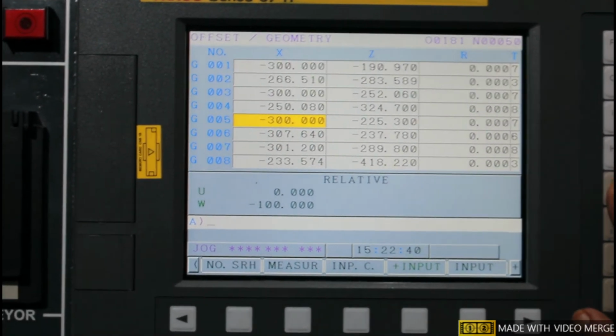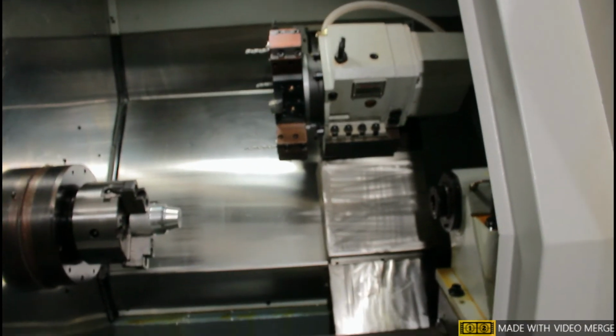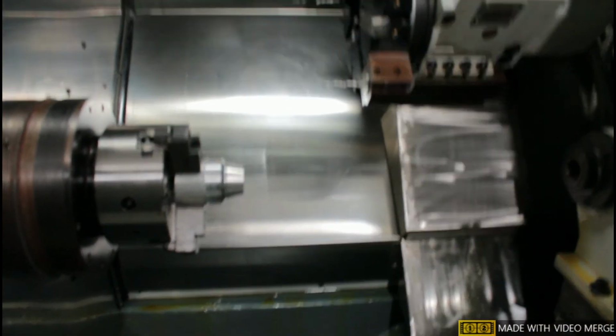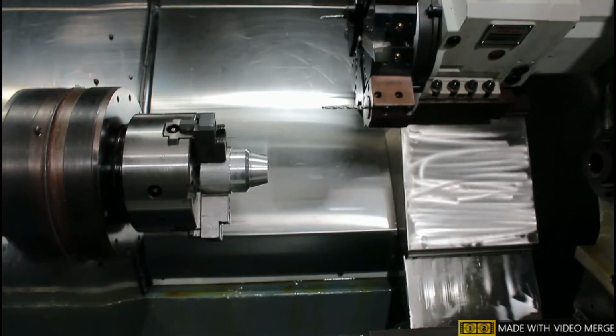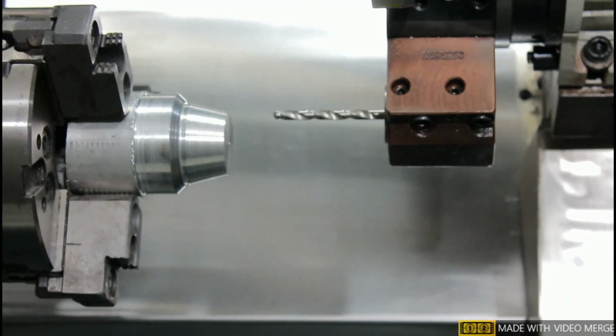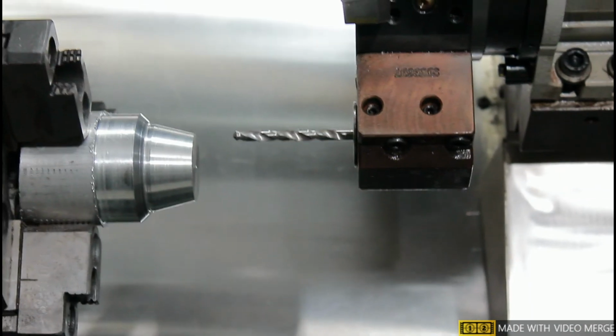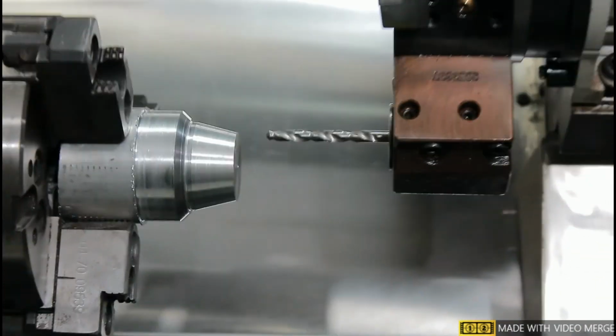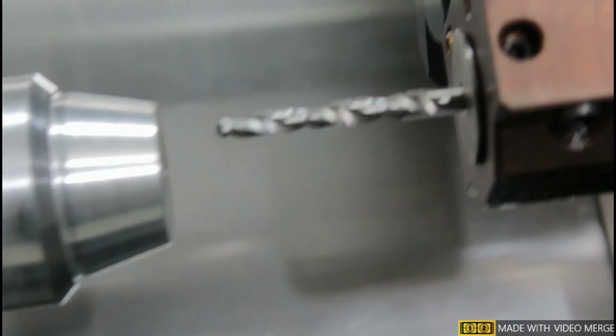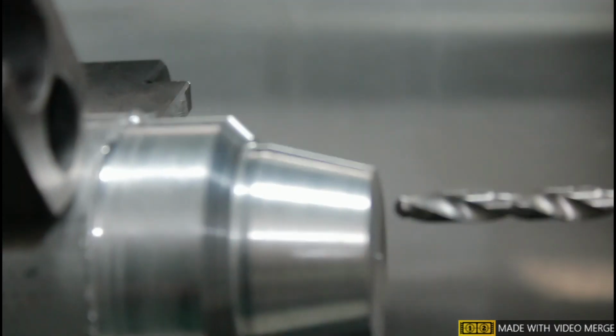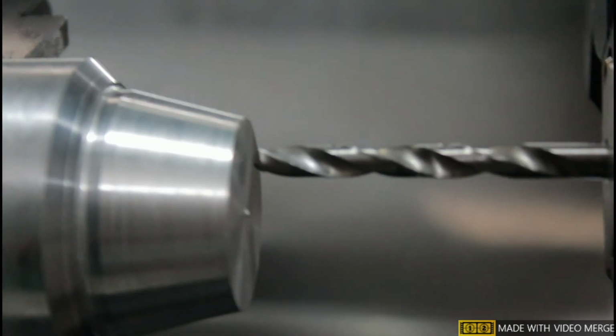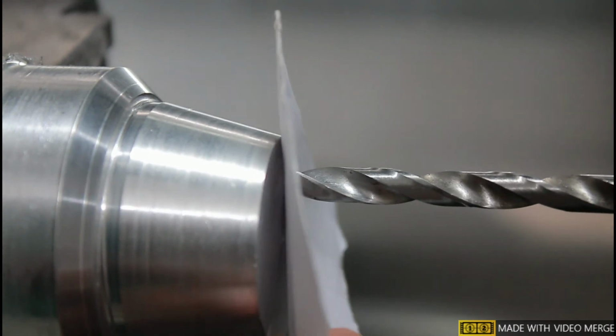Okay. Now we have to take the offset along z-axis. For that, we have to move the tool from there to there on the face of the workpiece. For moving, we may use hand wheel or jog mode. So now I select the hand wheel mode and axis also. I will move on the face of the workpiece. To know the distance between that drill bit and workpiece, I will use the paper. Okay, we have to slide like this. Okay, it touches now.